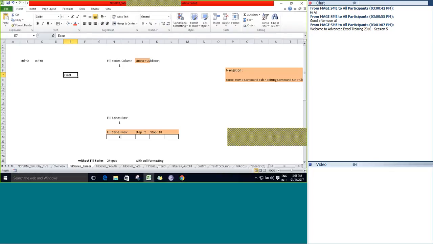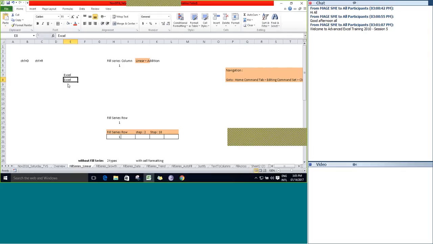We already know that using the shortcuts Control D and Control R, you can copy data from here towards the down and from here towards the right. The same can be achieved using fill down also. If you click on Fill and then Down, whatever content is available above will be filled below.